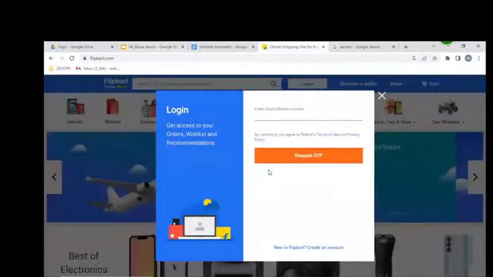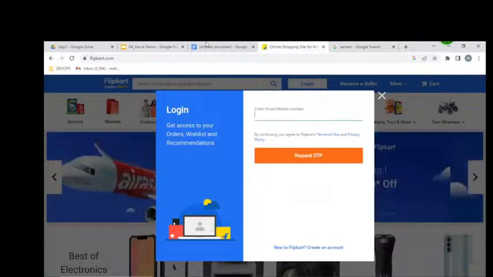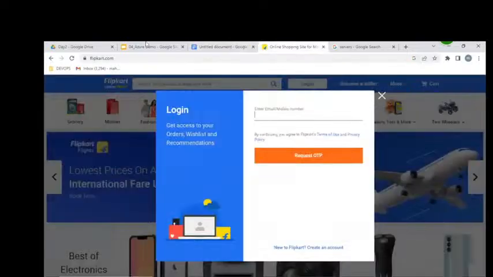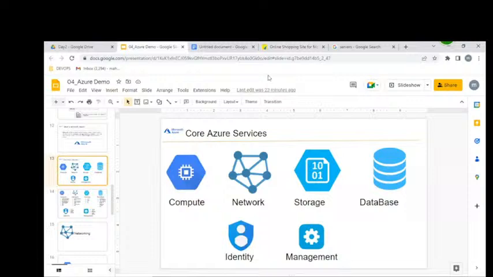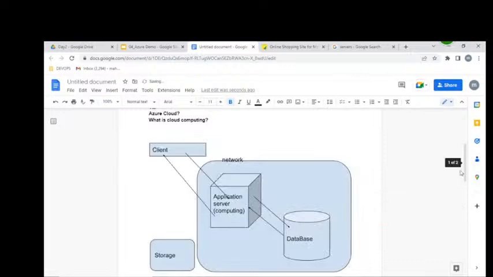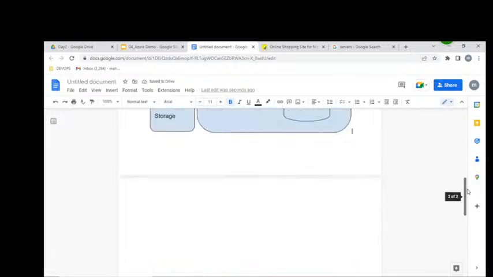For deploying an application, what kind of infrastructure we require, we can easily get it from where exactly? From cloud. Which cloud? Azure. After getting this infrastructure, by using this infrastructure, we can implement our DevOps process by using CI/CD pipeline, Azure DevOps. So by using Azure, we can get this infrastructure.